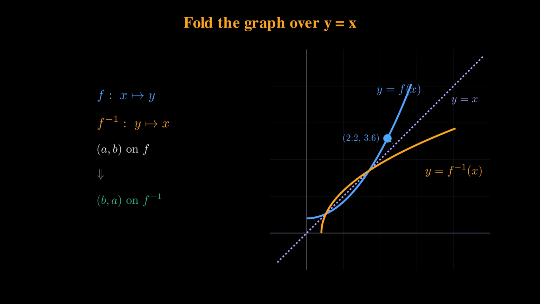Reflect it, swap the numbers, and you get 3.6, 2.2 on the inverse. Same two numbers, coordinates swapped, mirror image across the diagonal. Beautiful. And it's your fastest way to sketch any inverse. That reflection hands us a foolproof recipe for finding an inverse by algebra, the swap and solve method, and it's